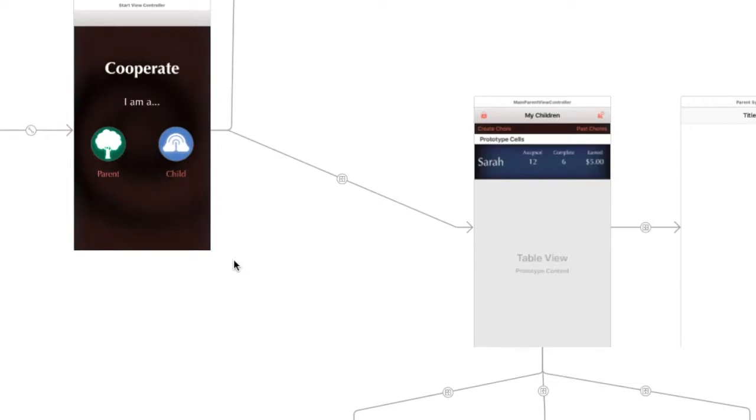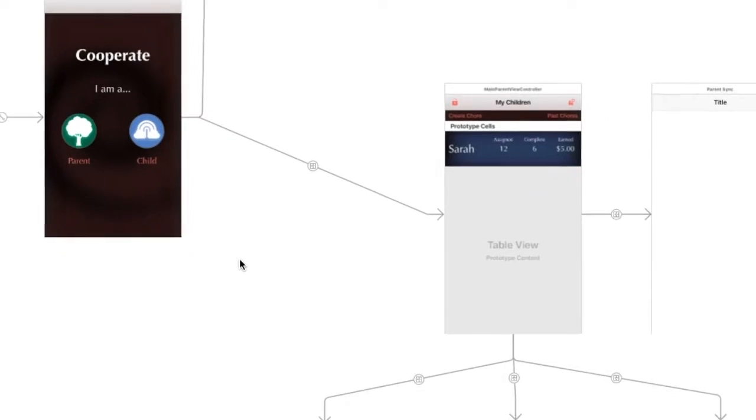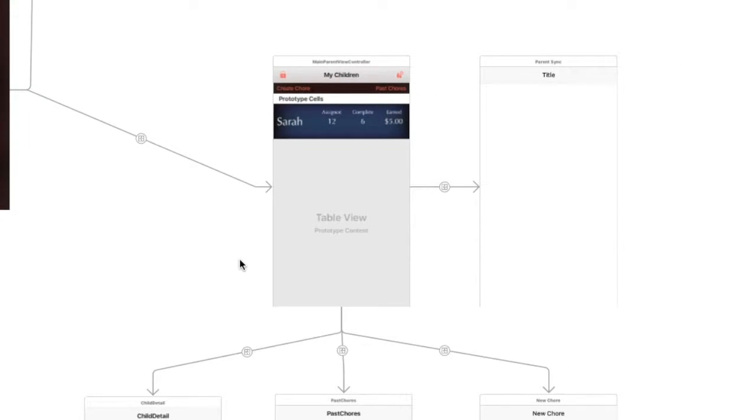If parent is selected, the user is then prompted to input a PIN. If it's the first time opening the application, they'll be prompted to input a new PIN. Subsequent uses will prompt them to verify the PIN that has already been created to enable the parent functionality, which will then segue them to the main parent view controller, which allows them to see the current children that they're